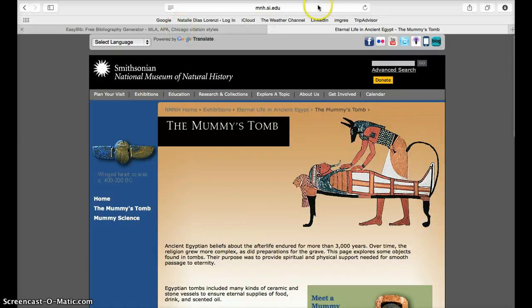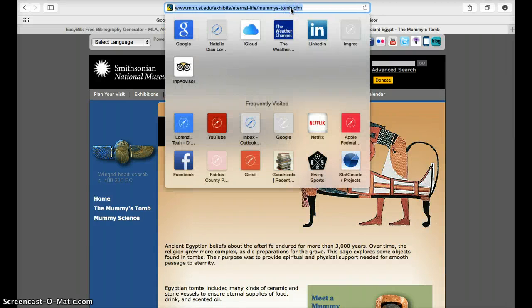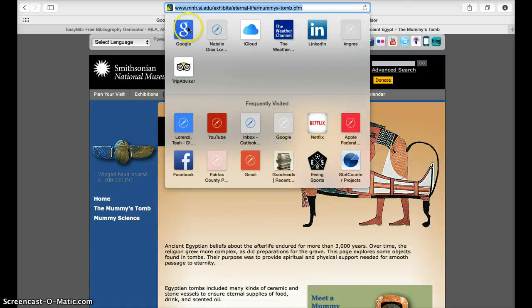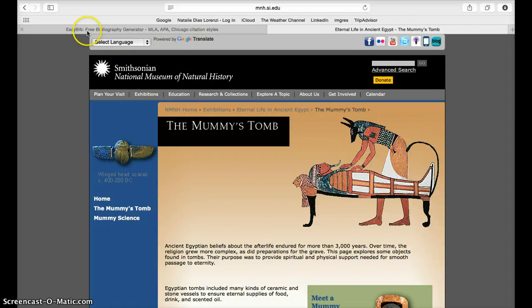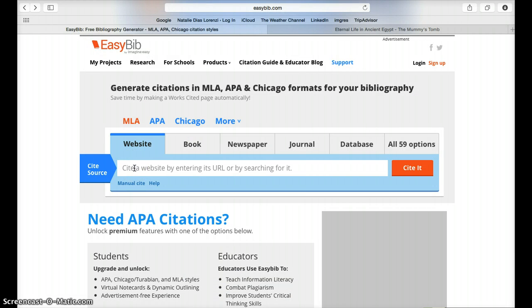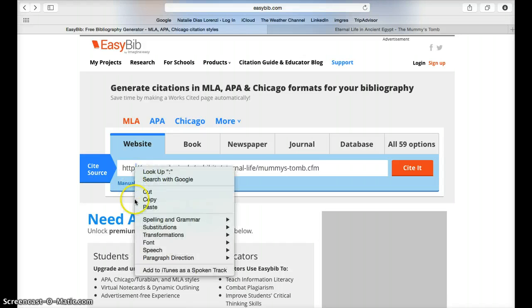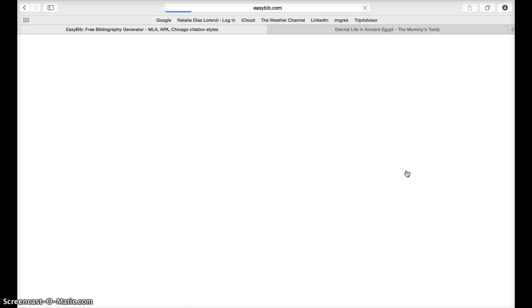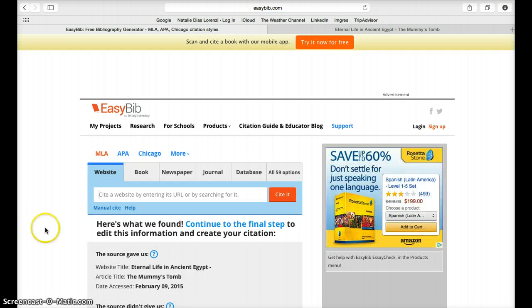So the very first thing we're going to do is click one time in the address bar at the top, and then you can either do Command C in order to copy it, or you can do right click and copy. Either one is fine. Once we've copied it, we're going to go back to EasyBib and paste it either by doing Control V, or you can also do right click and paste, whatever you're most comfortable with. Once I've done that, I'm going to click the Cite It button,